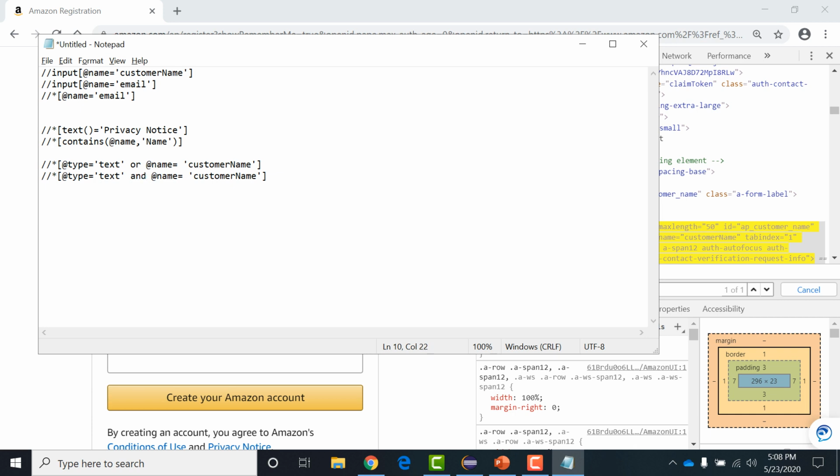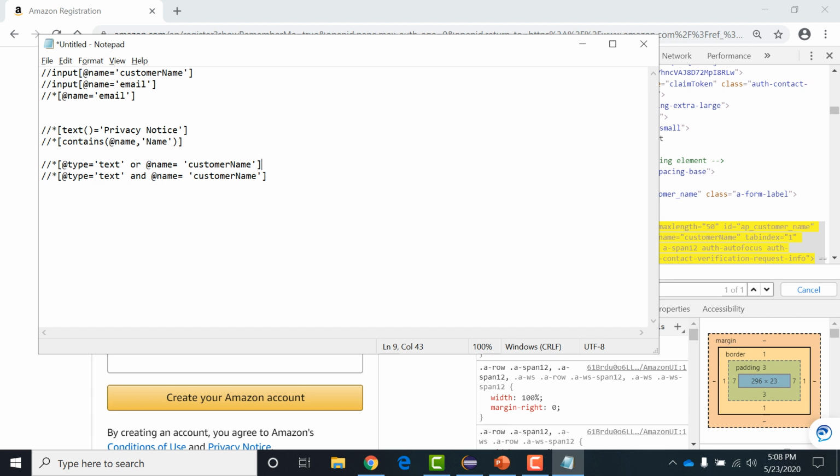Right. So guys, we have seen very simple examples of XPath, how to create customized XPath: the basic XPath with the help of contains keyword, with the help of text, and with the help of starts-with as well, and with the help of OR and AND, wherever you want to put some condition on your XPath.